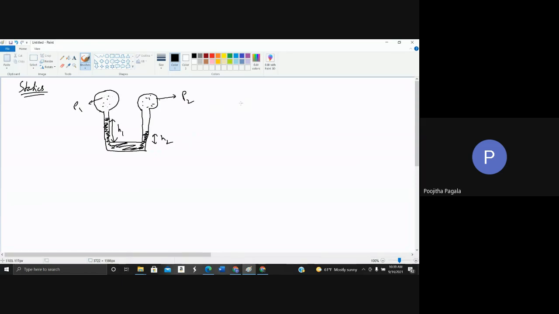So I think you probably know this equation. How does pressure vary with the height? P is equal to H rho G. So if I have a liquid,